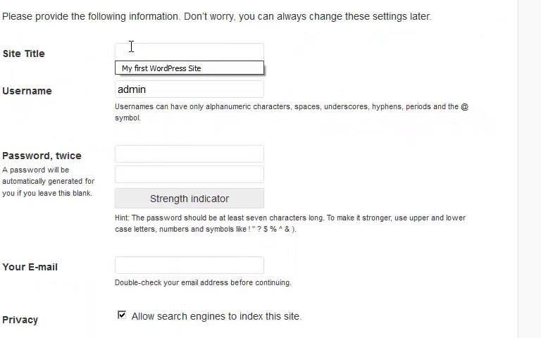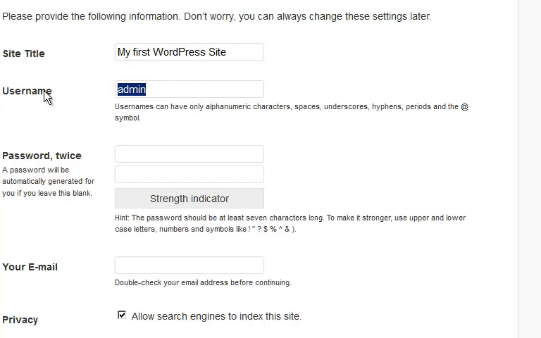This is now the site title. I'm just going to type my first WordPress site. And it will help if I actually write it correctly. And there you go. The username, password,